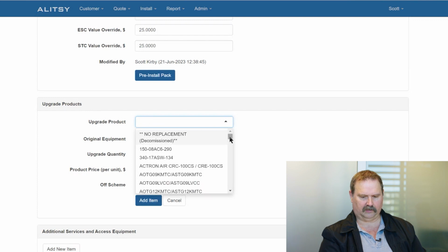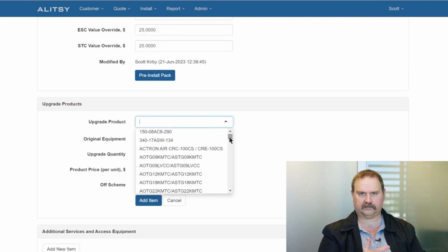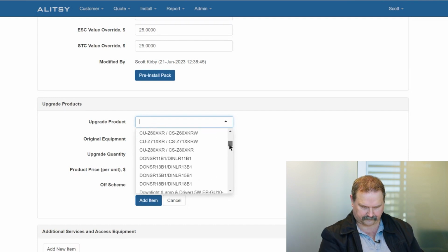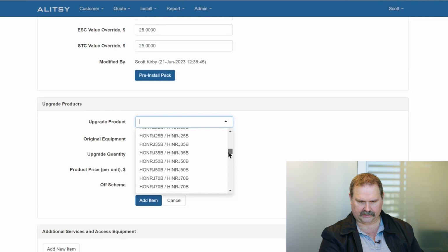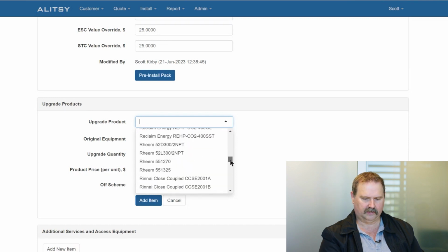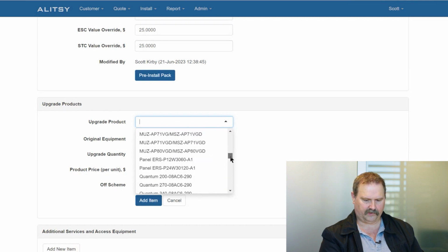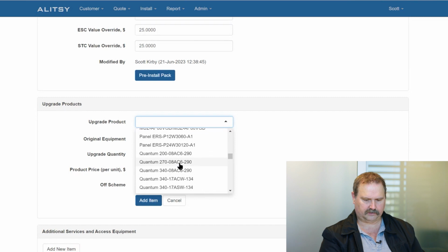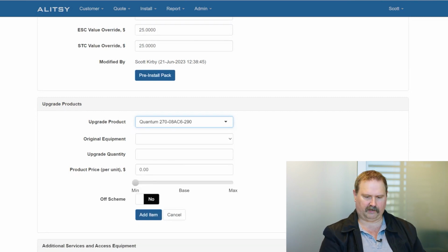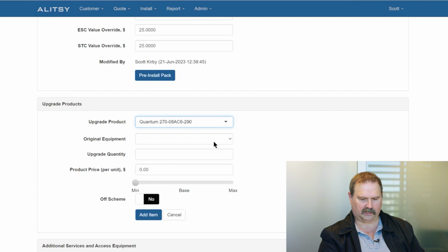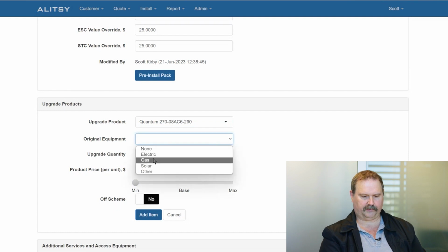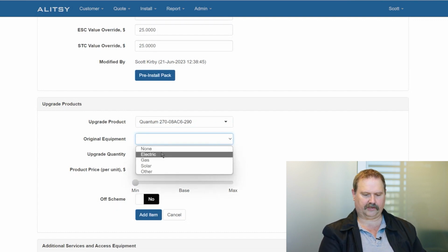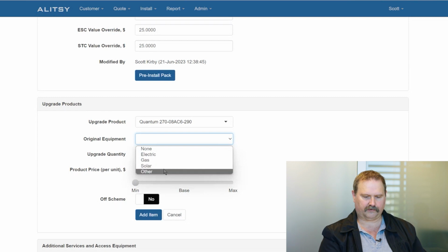Now this is full of air conditioners, lighting and heat pumps. So you scroll down here and you find the product that you're installing. So let's say we're putting in a Quantum 270 litre domestic heat pump. You select that. Your original equipment, it asks you whether it's none, electric, gas, solar or other. For a domestic job,